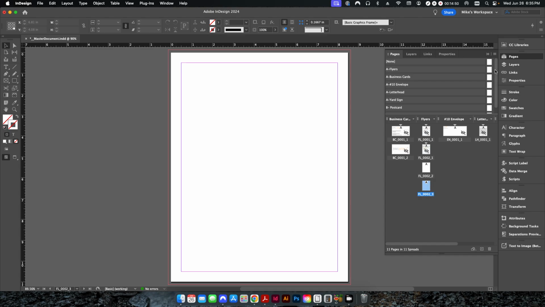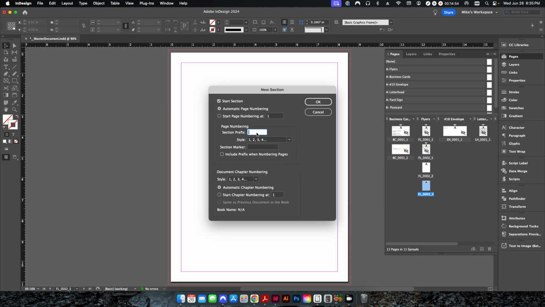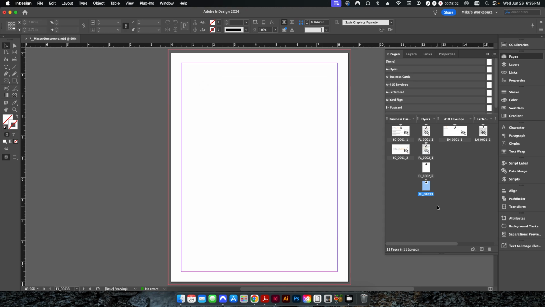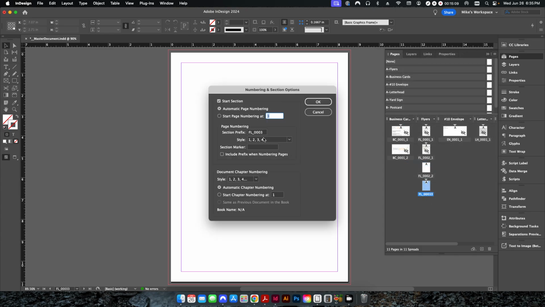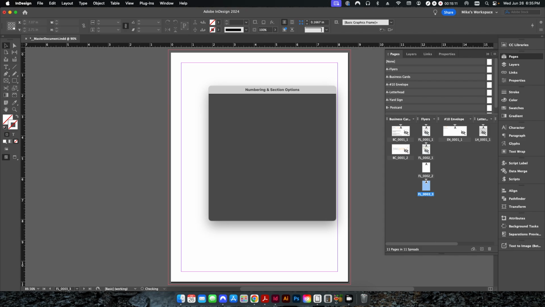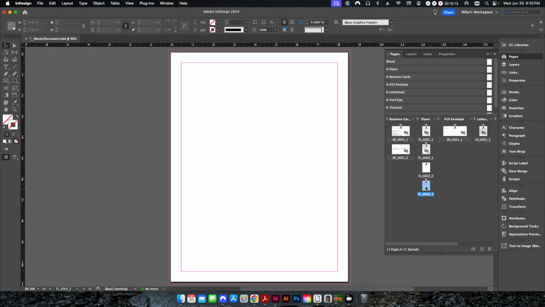I just click on this, go up to Numbering and Section Options, and I'll just give it a new naming convention here, 003. And so I hit OK. And so now this starts a new layout, basically. So now this is going to be the start of a new flyer, a different flyer